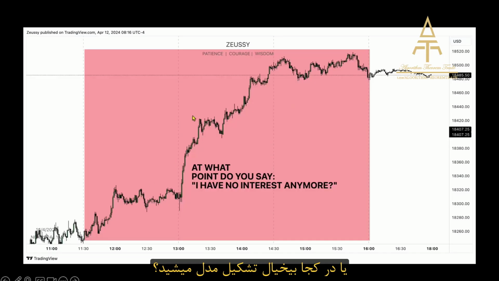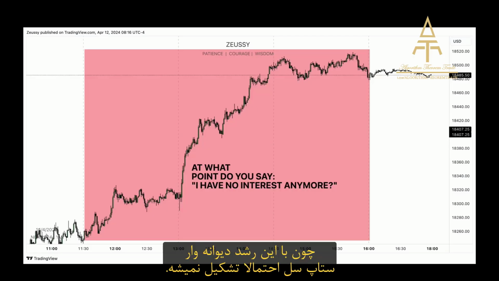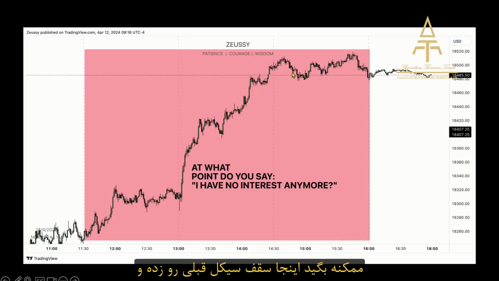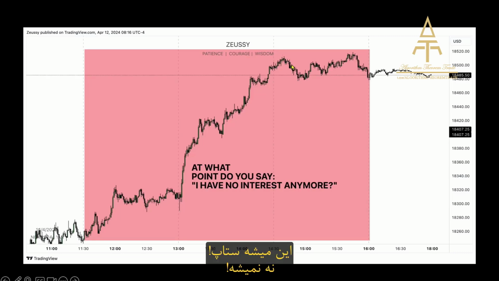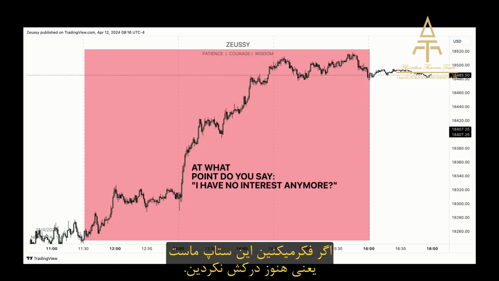Because if the market is going higher like this, of course, on the 1 minute time frame, the model in terms of its respective setup does not present itself at all. You might say, well, maybe you see previous cycle high get taken out here, you see this small little leg lower, this is the model. No, it's not. No, it is absolutely not. And if you think it is, you don't understand the model yet.